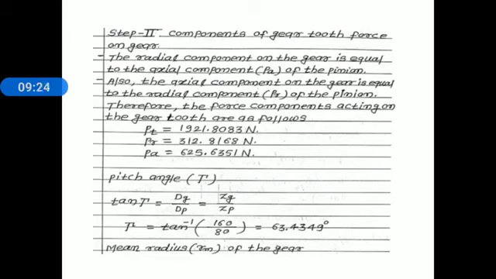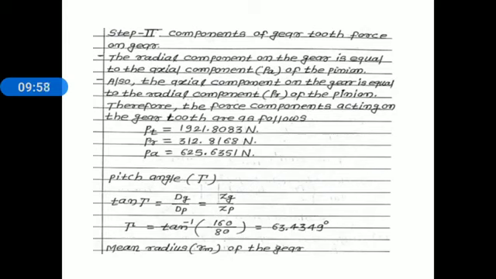Now therefore, the tangential component act on gear P suffix t is equal to 1921.8083 Newton. Radial component act on a gear, that is equal in magnitude but opposite in direction of axial component act on a pinion. Remember that radial component acting on a gear is equal in magnitude and opposite in direction of axial component act on a pinion. Therefore, the radial component act on a gear, that is Pr is equal to 312.8168 Newton.